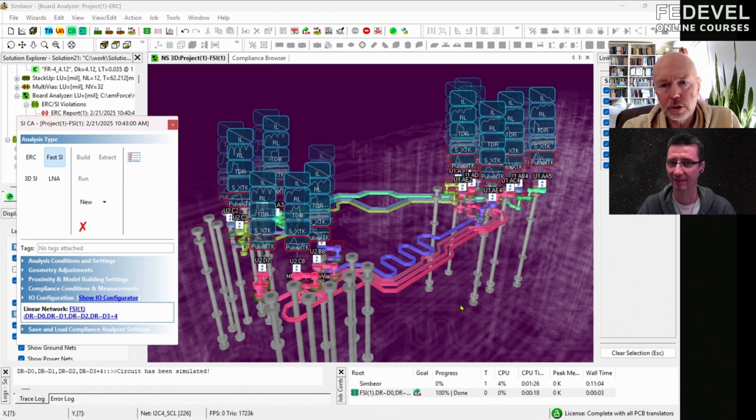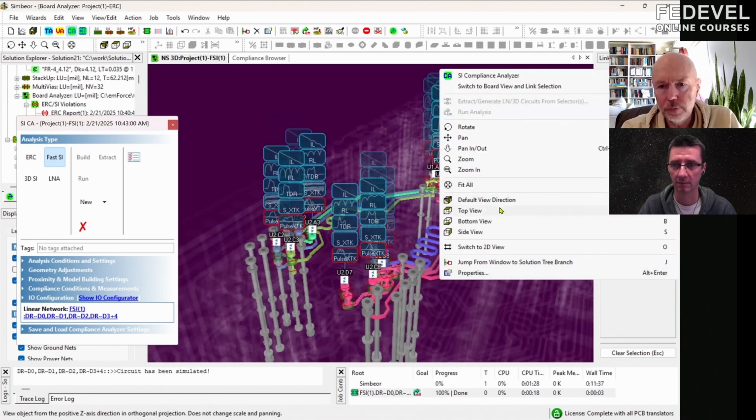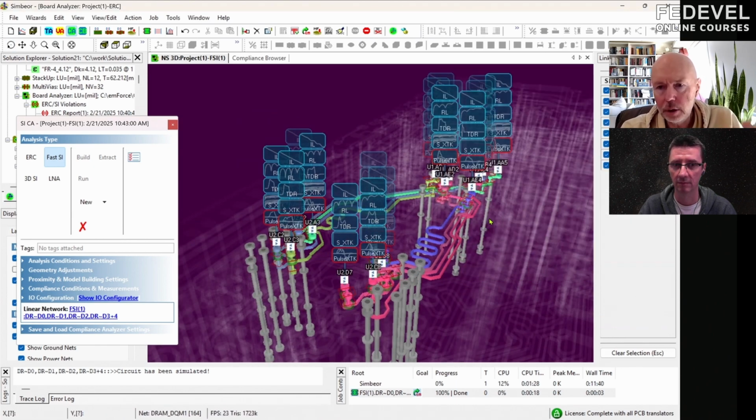Essentially, this project with completely automatic post-layout analysis started around 2021 during the pandemic. We decided to do something radically different for PCB developers. Simbeor was kind of a research and development project where we tried different methods, solvers, and so on. Then we decided to turn it into a product based on decompositional analysis. Right here I use fast analysis, but if you want to simulate in 3D with very high accuracy up to 100, 120 gigahertz,